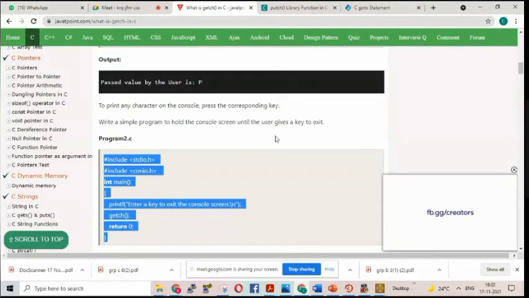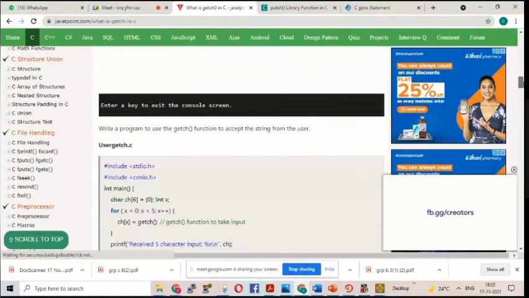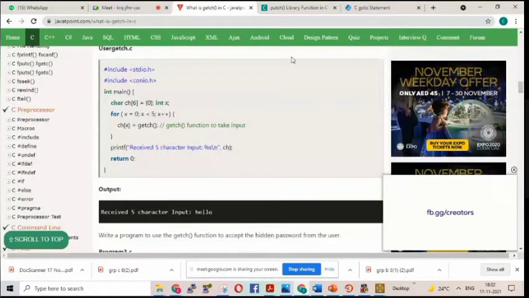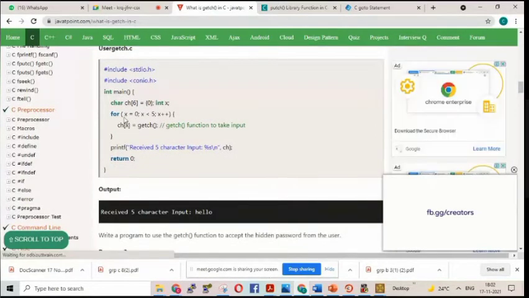Some problem is happening. I will show you from here only. You come back to this program. If you write this program in your Turbo C terminal, char C6 equals 0 index, and if you write chx equals getch, what will happen is you will get this printed. You can give 5 characters when you execute the program. These all 5 characters will be printed.